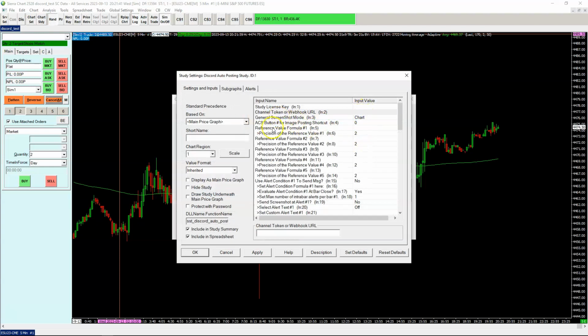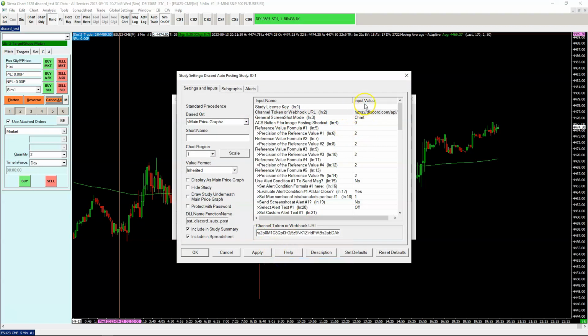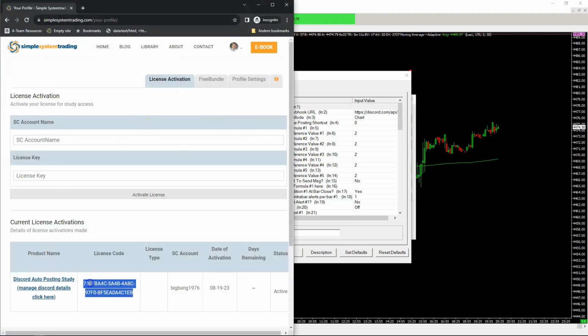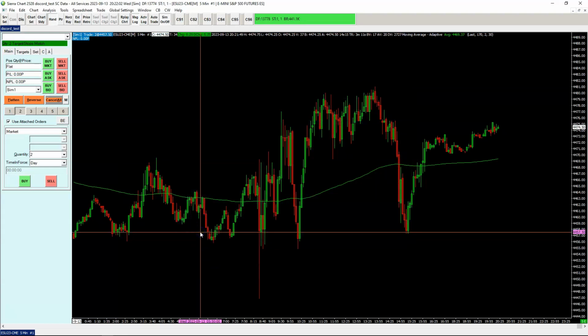There's a second input there. You paste the webhook URL. You're going to get that license key real quick. Got my license key right here and paste it right there, right? If you do that,